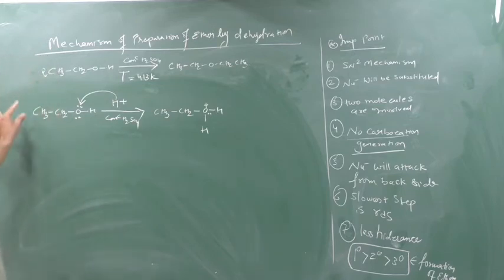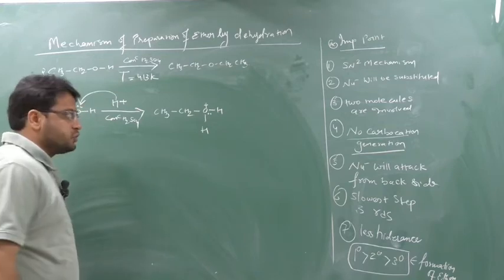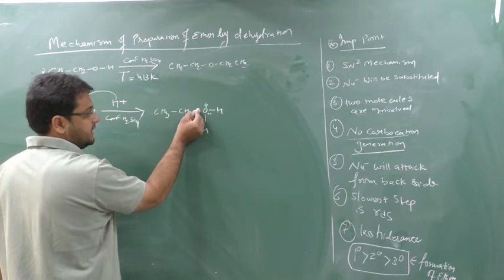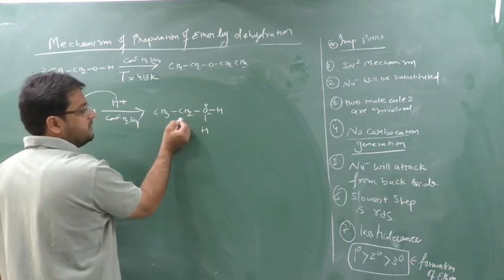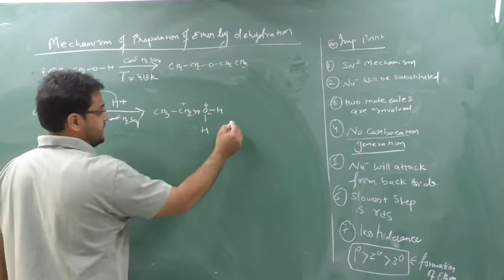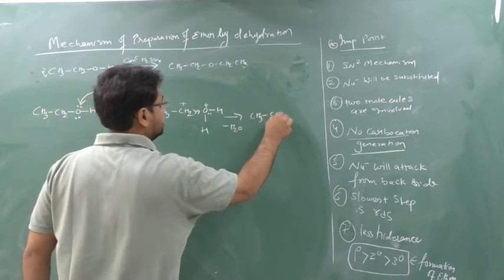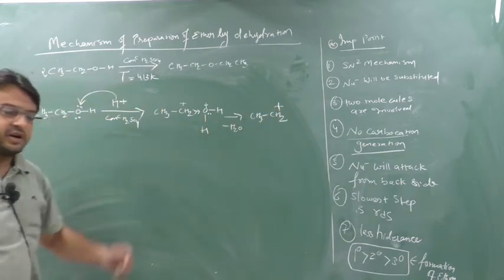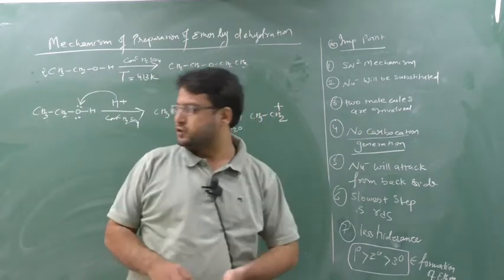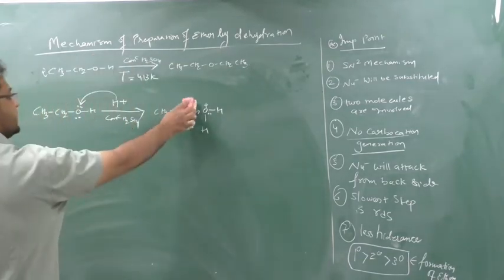Out of two molecules, one molecule I have taken. Now in the other topics, what we are used to doing, as you know, this is a very good leaving group, H2O. So this oxygen will start to attract the electron from this CH2, and there will be generation of carbocation. Yes or no? Here partial positive charge will take place, and you are thinking you will do it like this: H2O is removed, CH3CH2 plus. But student, what have we generated here? We have generated a carbocation. I am telling you, here no carbocation generation will be there. So this type of reaction will not take place. Clear this part?